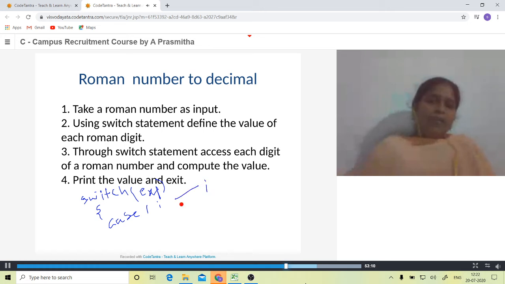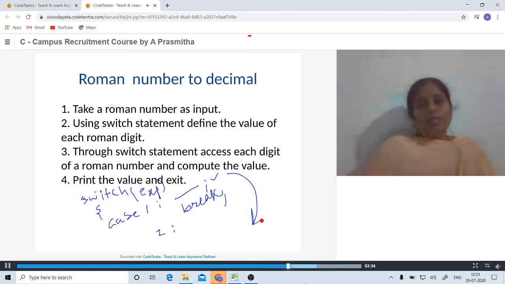But there is a condition that after each case you have to write a break statement. Let us suppose we have two cases, case 1 and case 2, and case 1 matches the expression. Then it has to execute only this statement. After that, it has to come out of the switch statement.